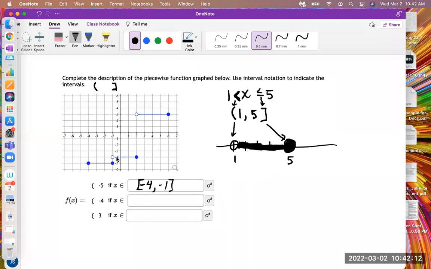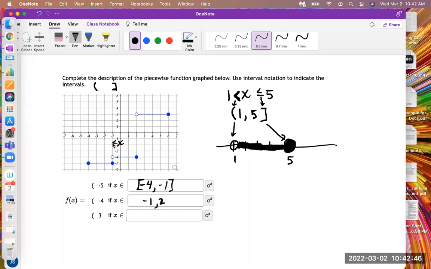And notice on this next interval, it's -4. On what interval is it -4? Well, it's from -1 to +2. And then notice how we have an open circle there, so it's not including the actual value of -1. It's just strictly numbers greater than -1. So that could be written